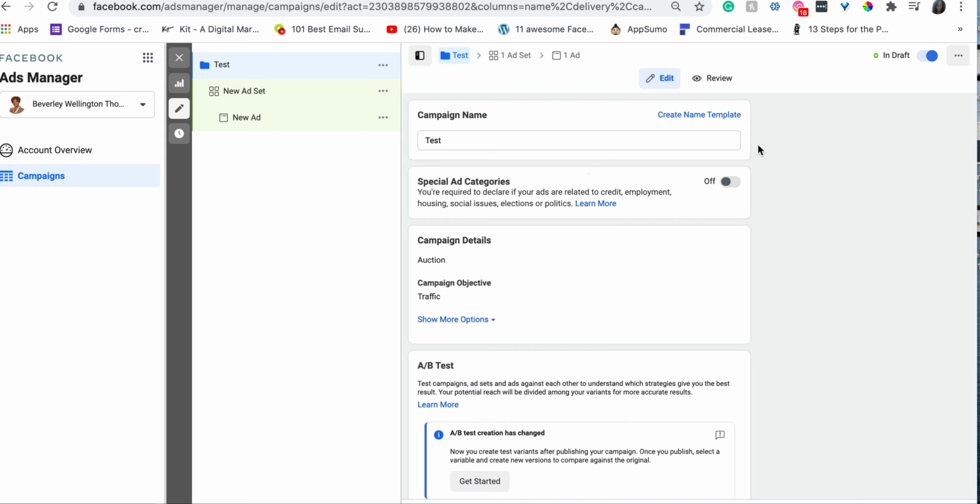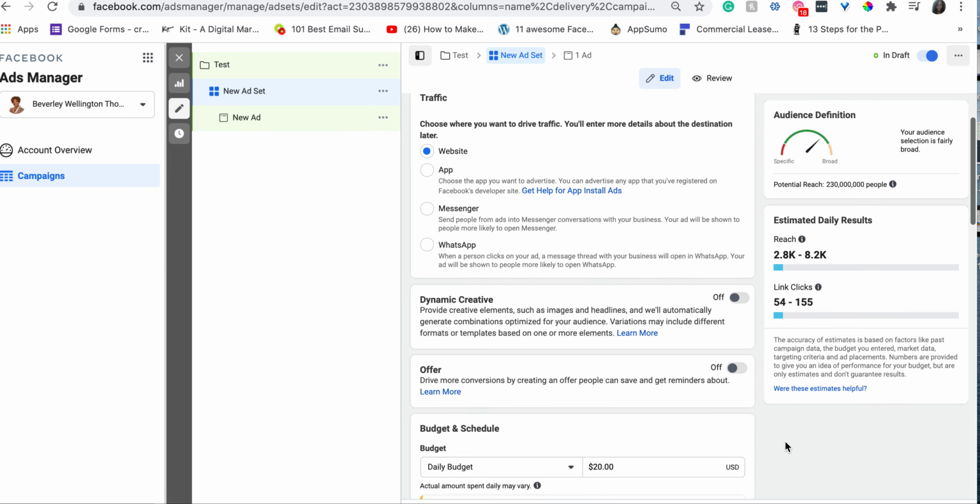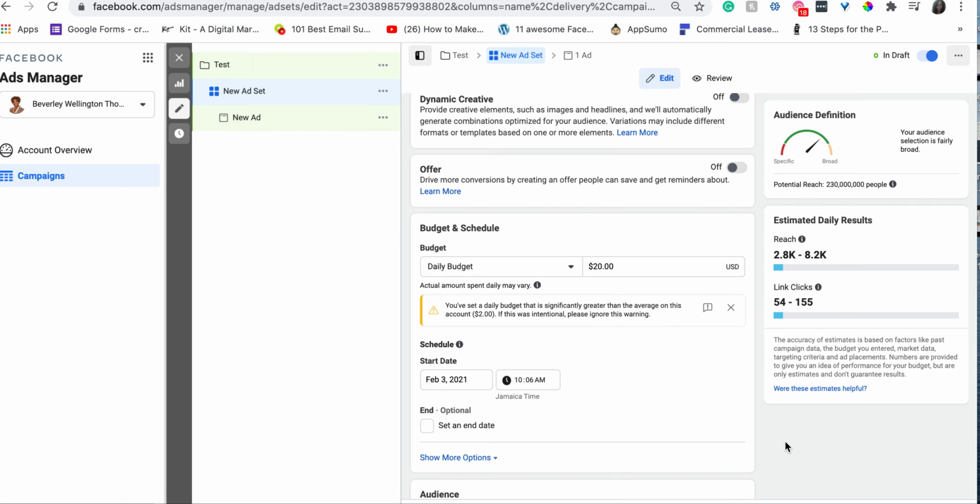So now our ad is in draft, and there's a next here. There's our ad set. Remember, name your ad set. What's your budget? Now you always want to know what your client's budget is. Everything is always quoted in US dollars, and you have to pay special attention to where it says daily budget. That means how much money do you want to spend per day, right? And do they want to spend $20 per day, $30 per day, $40 per day, whatever the case is? Once you have that go ahead from the client, you would punch that in right here,